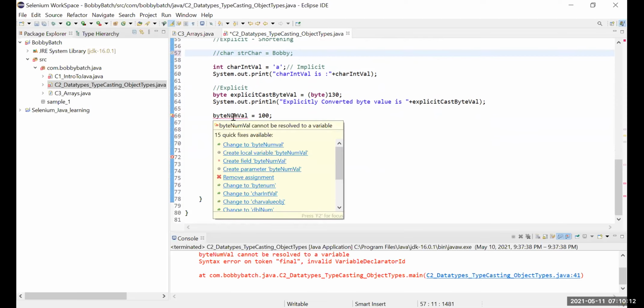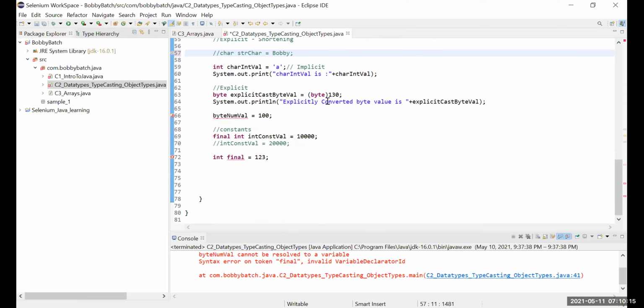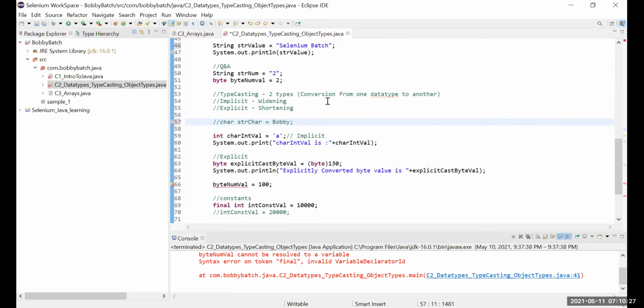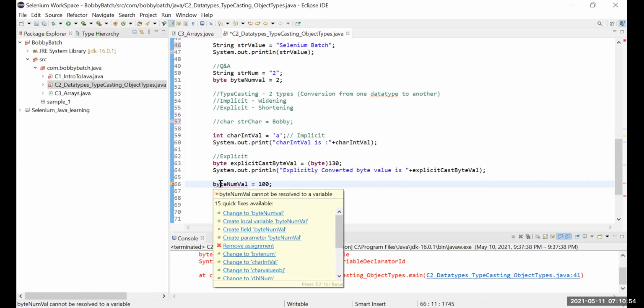Okay. So this one, what is wrong with it? Now you have to tell me. We have already solved many similar issues. Now tell me what is this issue? Here is that variable. Value. Java is case sensitive. Can't we resolve to a variable?